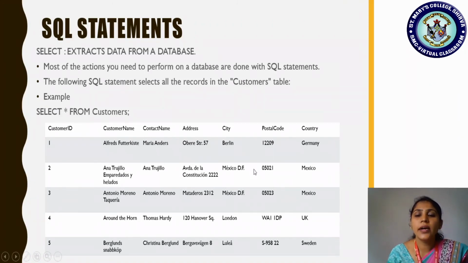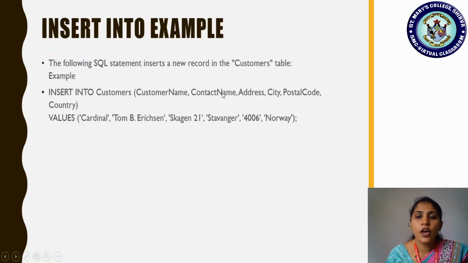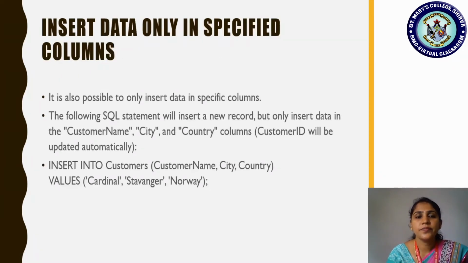London, Lulia. Okay, so then postal code you are finding like this. See, postal code I told it is here also S hyphen you are finding and WAIIDP you are finding. As postal code is declared with the data type varchar2, they have mentioned it as what? While inserting the postal code information, just check out here students. For postal code also we have embedded that in single quotes, right? Yes, that is a reason.